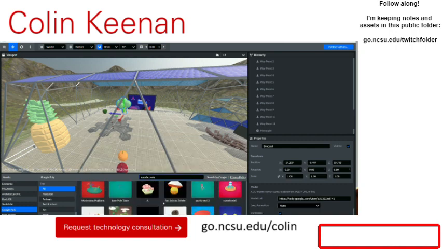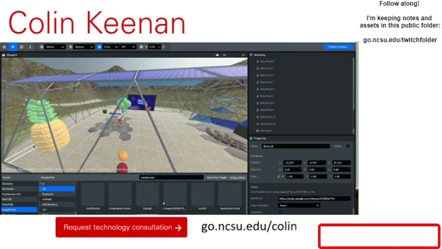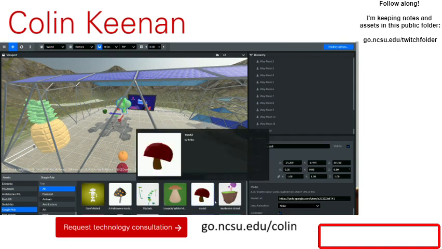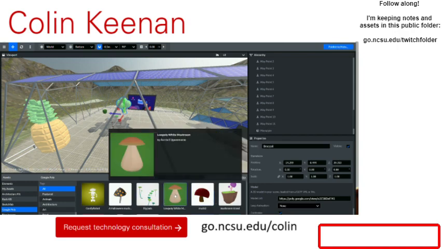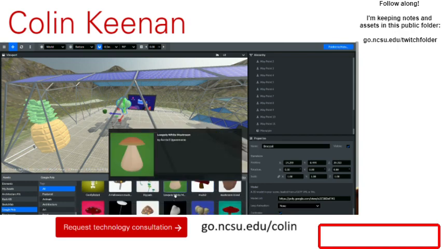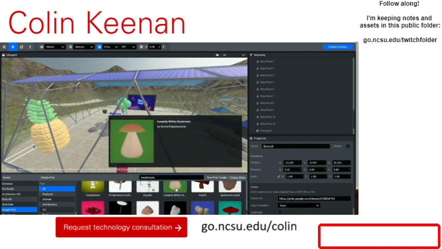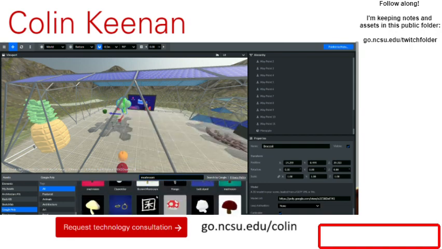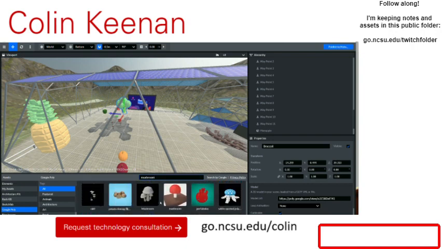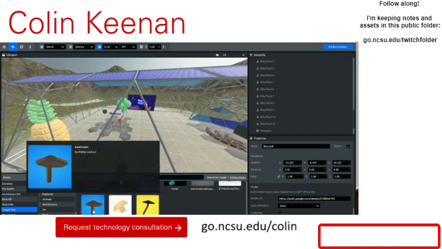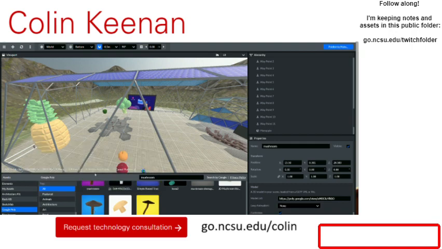Let's see. That's cool. That's just cute. Hmm. Oh, I like this one best. It also just serves as a nice little awning within the scene. But it's a great example